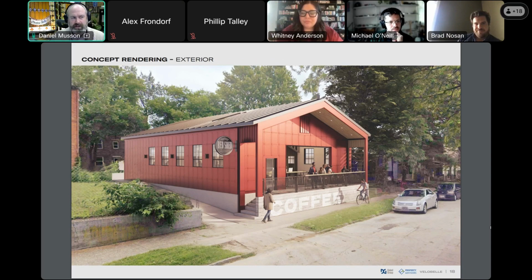I also did want to point out, I believe it's city code that if you do have a dumpster on site, it has to be enclosed. So you'll have to put a dumpster enclosure of some type in there. I assume you were thinking dumpster and not smaller bins, but I'm pretty sure that's still in the code. We'll provision for that. I think if we fence and create a gate basically around it, easy.